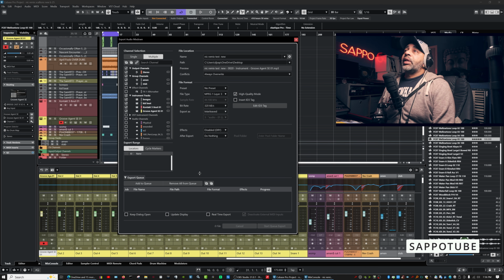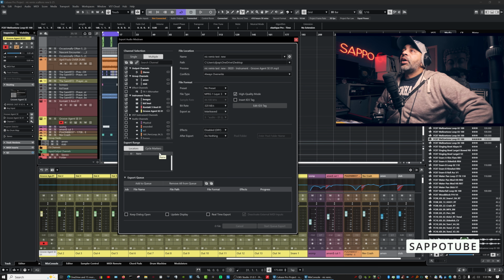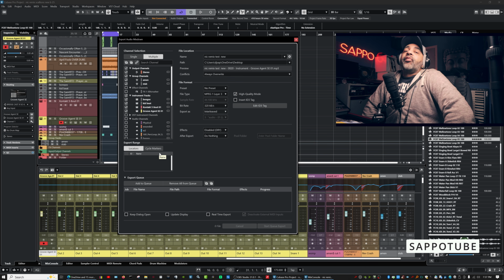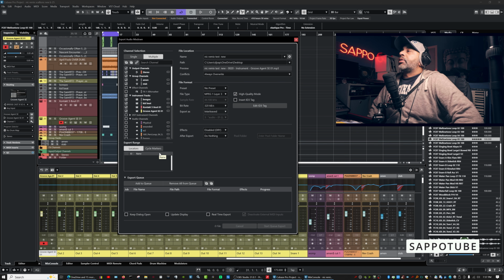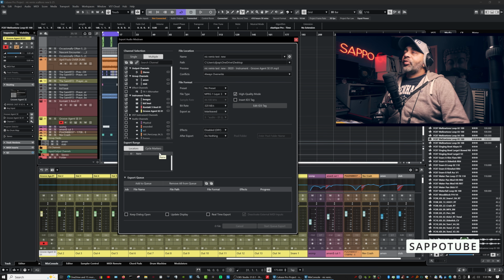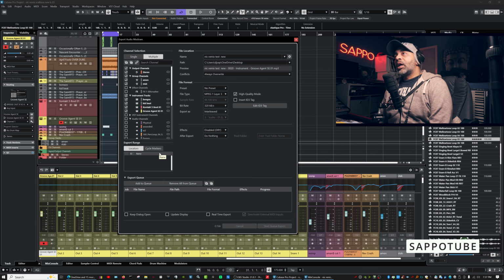And of course, you've got here on the left the ability to do locator ranges, cycle markers, and then if you have an arranger track, the arranger range. It's a really powerful feature, I think. It's got a lot in there if you're a big producer, like I'm a big producer. If you're a busy producer and you have lots of projects going on, or an engineer or a songwriter, this is a great way of doing a quick bounce of an audio and then a quick one of the